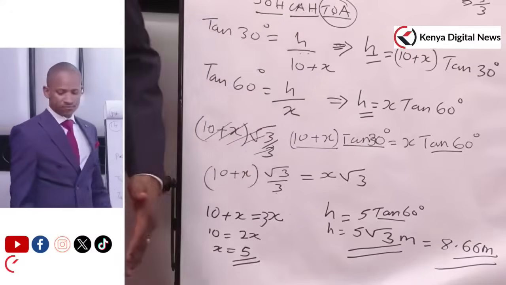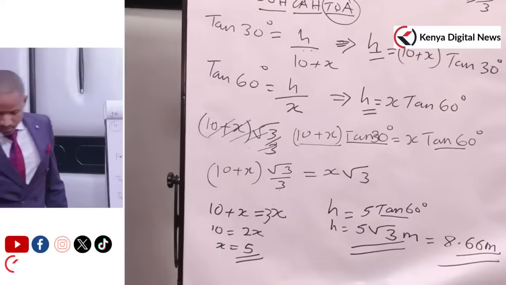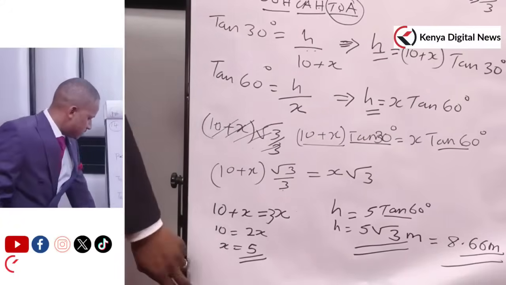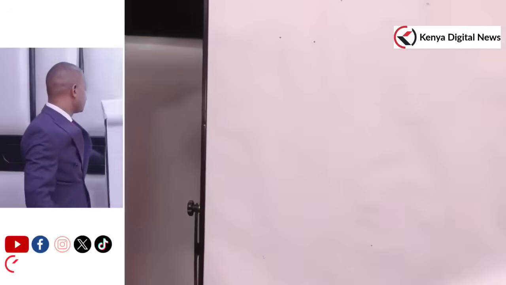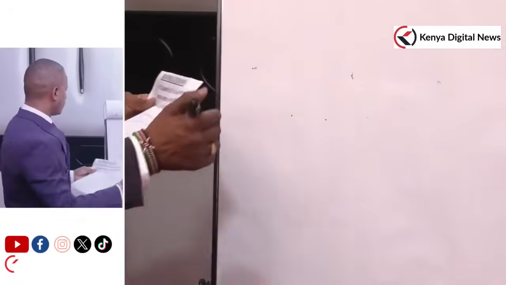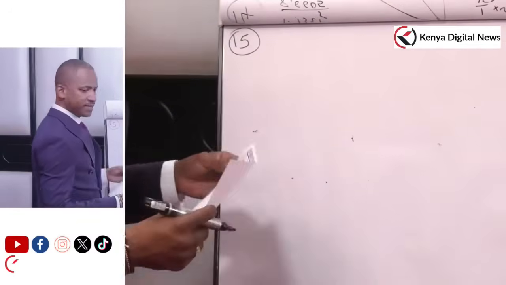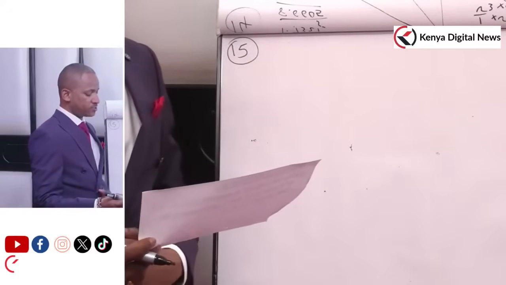So that is question 14. We are only remaining with 2 questions. So 2 questions, but very interesting ones. Question 15 is binomial expansion. Binomial expansion. So you are told